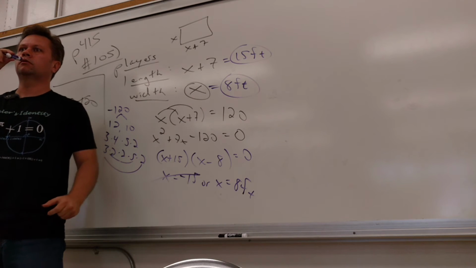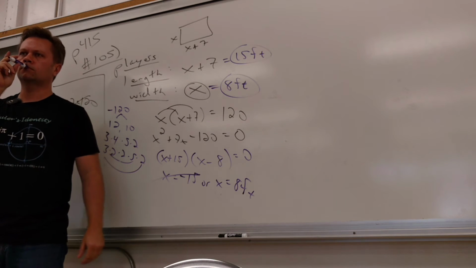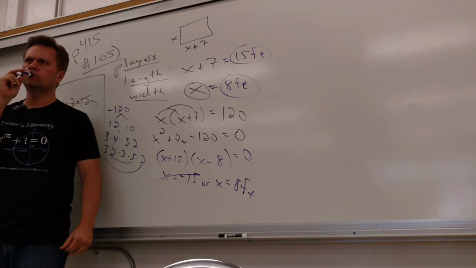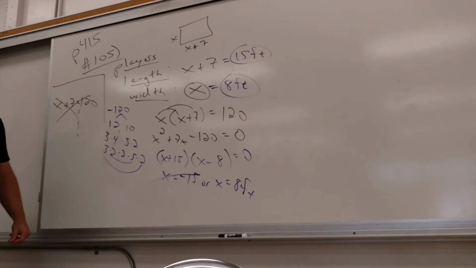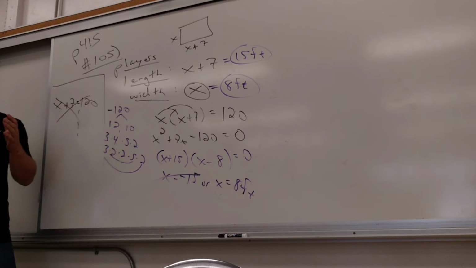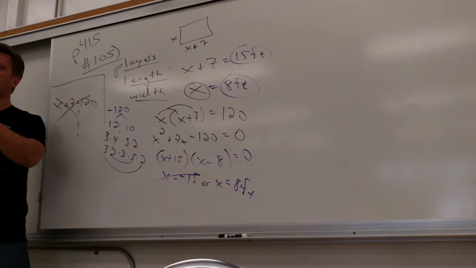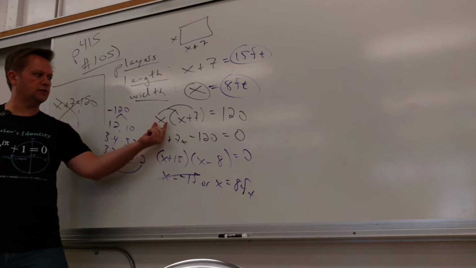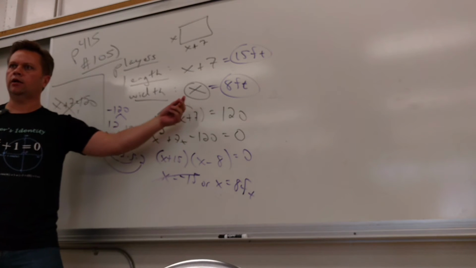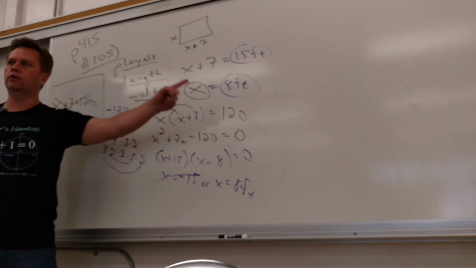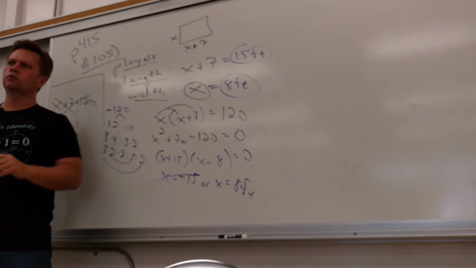Yes? I know that's the shorter way, but where you were doing it with x plus 7 equals 120 on your far left, I also do x plus 7 equals y, and then on the bottom x plus y equals 120. No, nothing adds to be 120 here, because 120 is an area. So you have to have something times something to make 120. Right? Length times width to make the area. Well, right, but then like do the